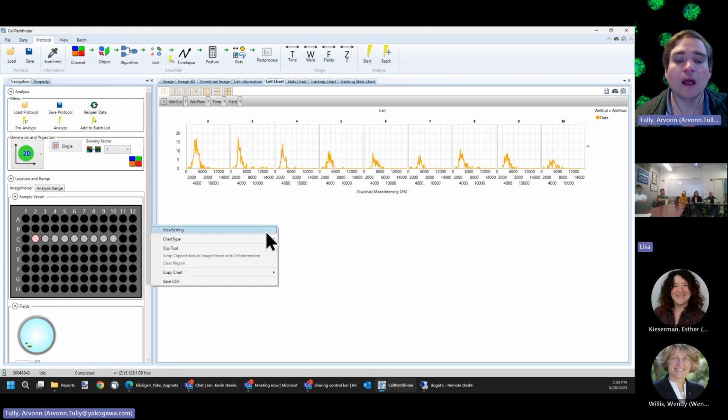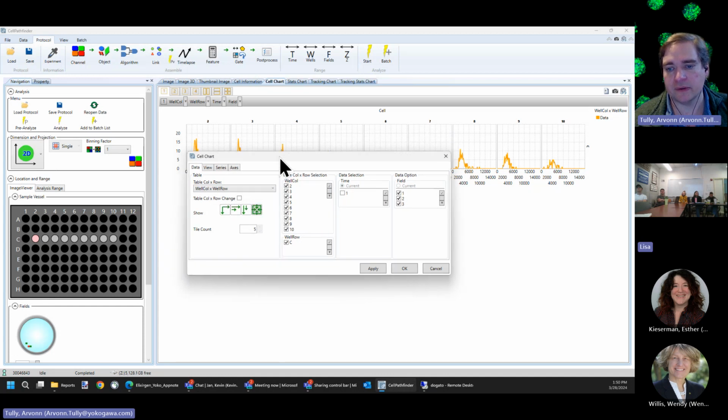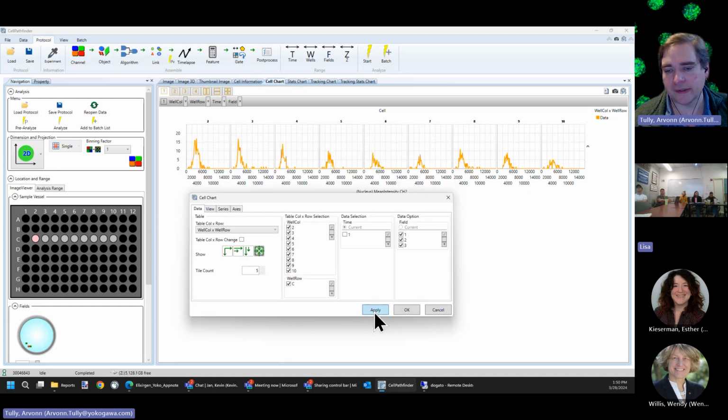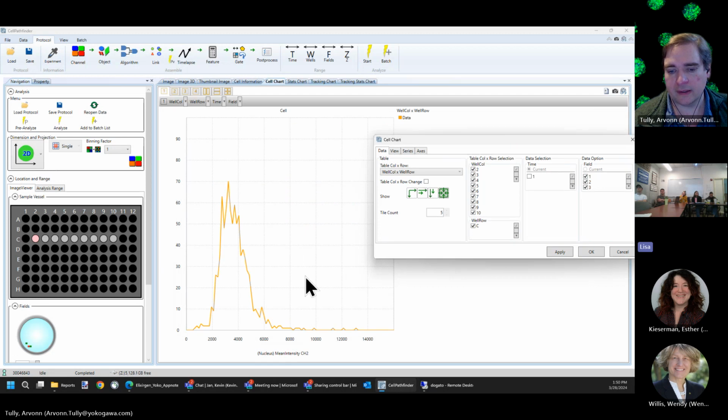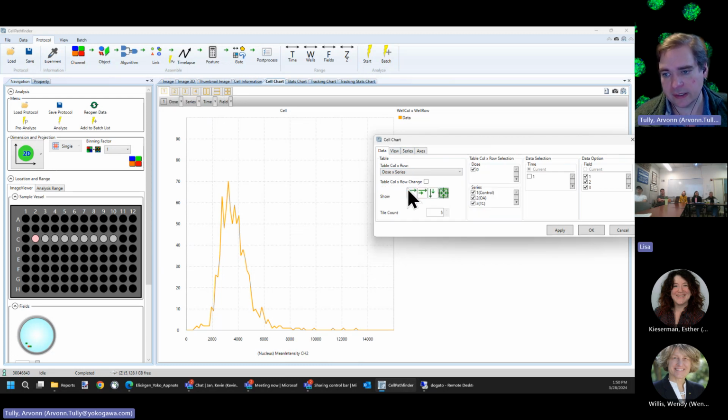I can also right click, go to view setting, and we have some options here that are kind of fun. We can actually collapse those, so this will put all of the wells into one. Now this is all of the wells graphed together. Then we can do some other fun things, like the dosage or the series. So I could actually see with the different